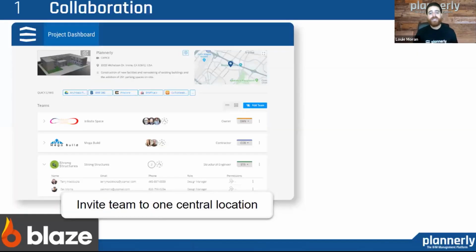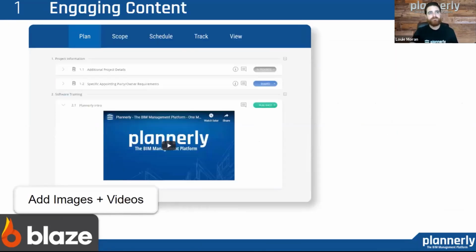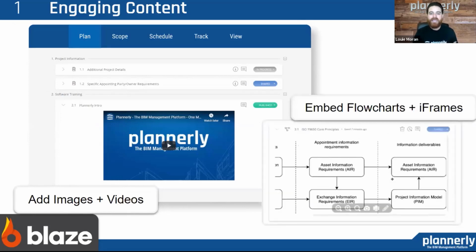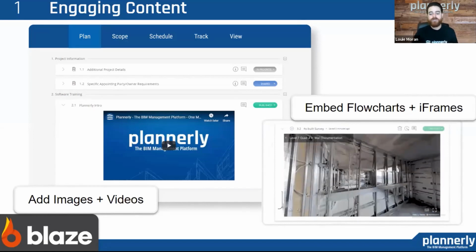The first part is collaboration. We need to have everyone involved. You want to create that with your team. So have a collaborative environment. Second, is create engaging content. One of the biggest reasons why we have people saying that they don't read their BIM execution plan is because it's 100 pages long of just text. So add images and videos, make it more engaging, add process maps so that it keeps your customers, your clients,